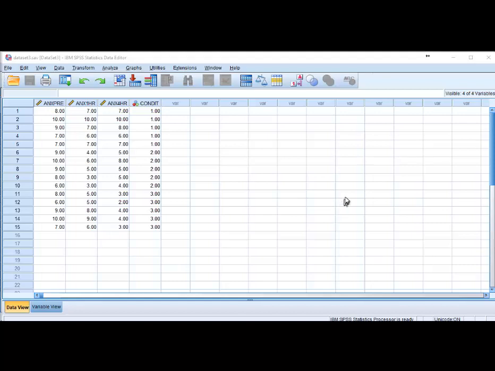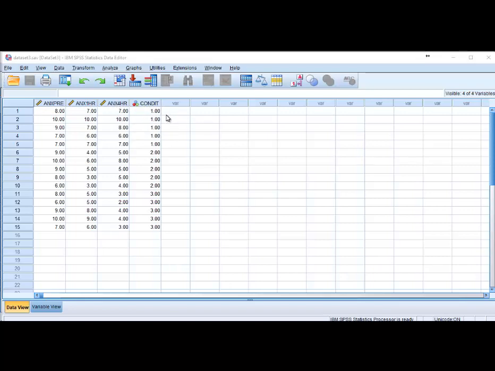For practice exercise 7.5, we are once again going to use dataset 3. Here, we're asked to determine if anxiety levels change over time for each of the treatment types. Here, we still have 3 variables that represent 3 different levels of time for anxiety, and then a variable that